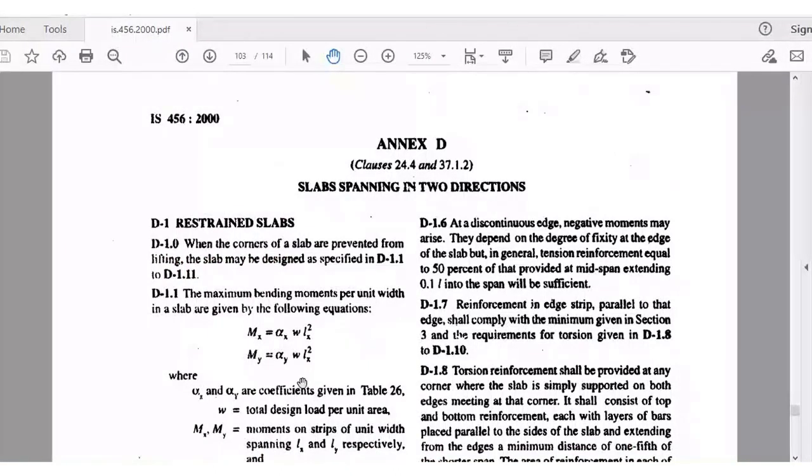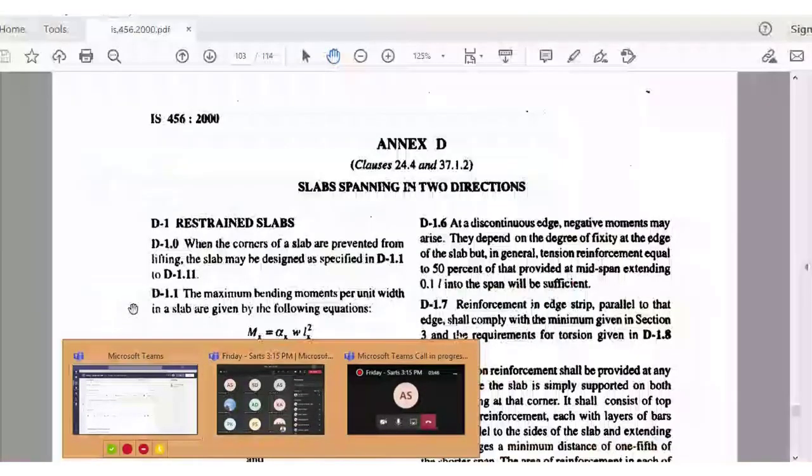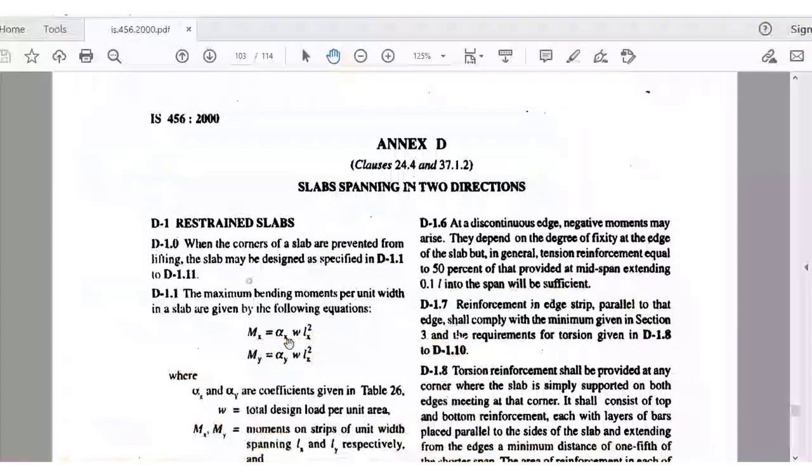Now, what we did, we had seen how to compute the moment about x-axis and about y-axis. That is, bending is going to take place about both spans. So, if you want to compute the moment about shorter span, that is Mx, you can compute. And if you want to compute about longer span, you can use this equation My. Okay. And if you observe both equations, the only difference here is the bending coefficients, alpha x and alpha y. Your My is also expressed in terms of what? Lx square. And these bending coefficients will depend upon the edge condition.